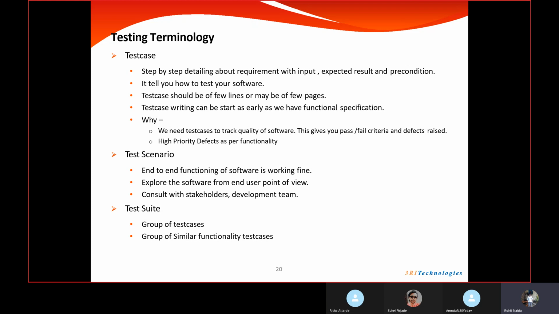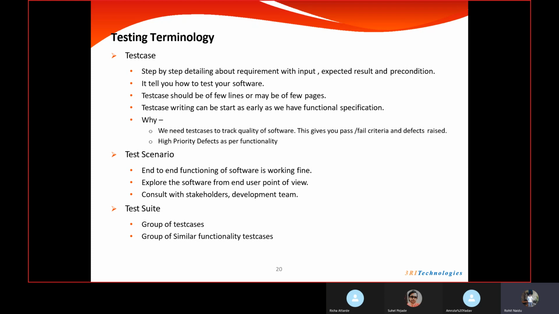Okay. And a group of similar functionality test cases. Let's say for login functionality, I have written test cases for 5 scenarios, not test scenarios, for 5 different variations in the data. Like the first time, I will test it with correct username, correct password. In the second go, I will test the requirement with wrong username and correct password.